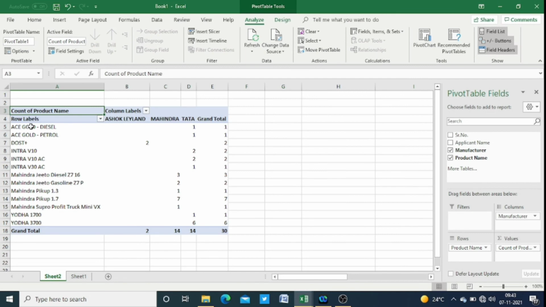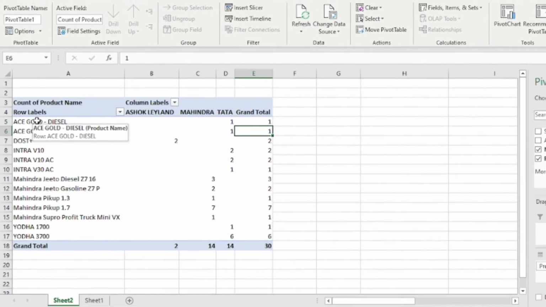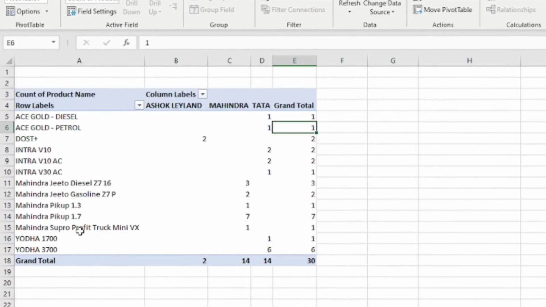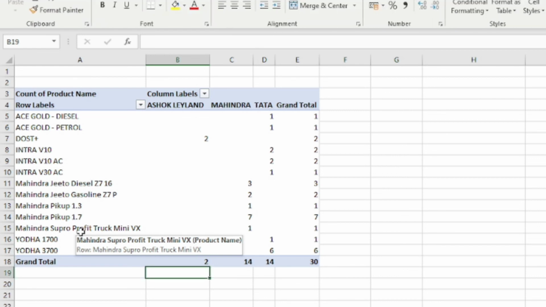In this pivot table you can see the grand total of each of these products is on the right side, and the grand total of different manufacturers is on the bottom side of this table. For example, here we have two applications for Ashok Leyland, and those are for those plus